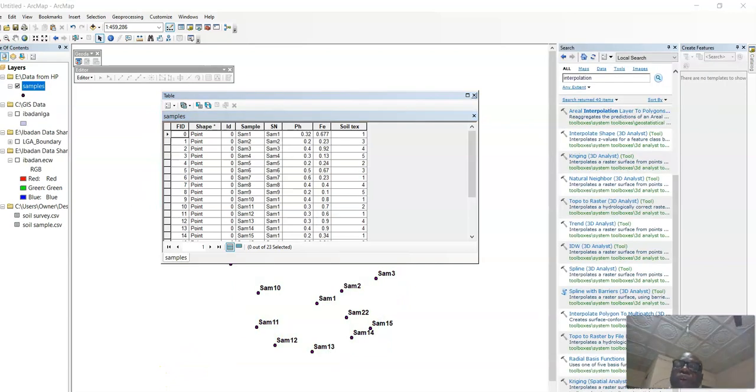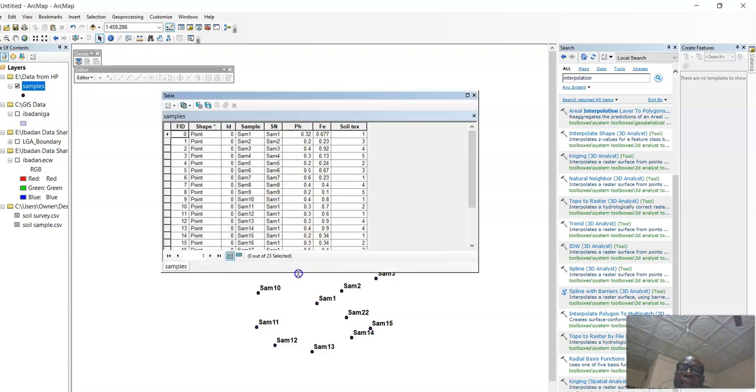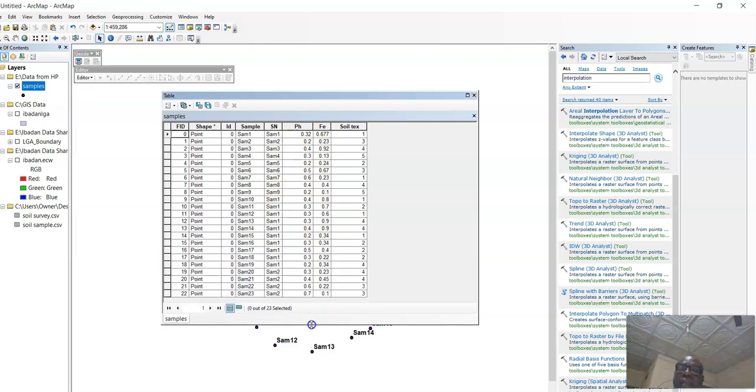Now you have joined the two data sets, that is the reference data containing the GPS locations and then the database from Excel, the one we saved or exported as a CSV file, that's a comma delimited file.